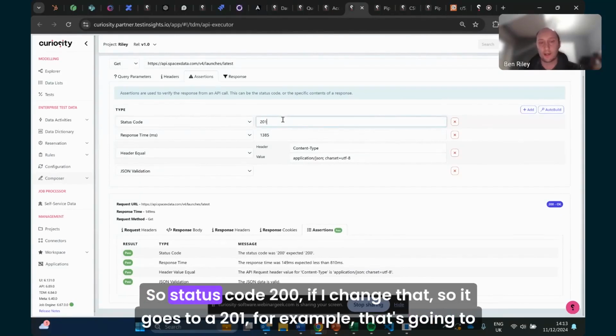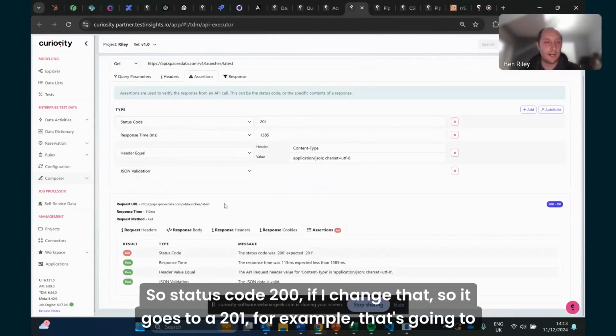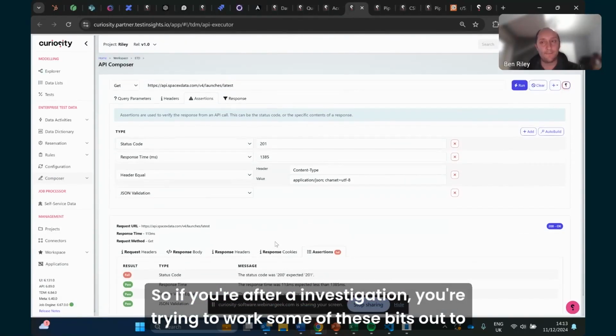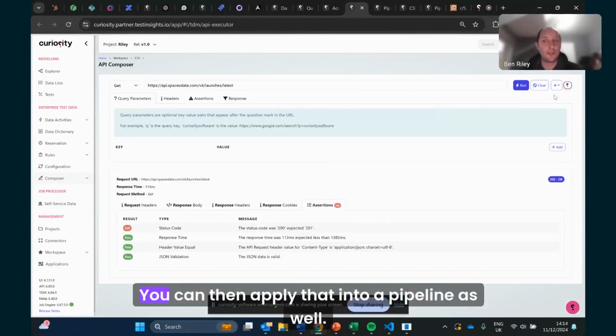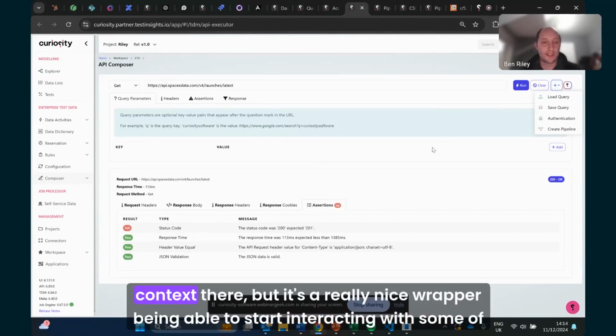So with status code 200, if I change that to a 201, for example, it's going to pick out some of those details. If you're after a particular investigation, and you're trying to work some of these bits out to start with, it's a really nice start. You can then apply that into a pipeline as well. I'm going to let George talk about the pipelines as I think there's a body of context there, but it's a really nice wrapper for starting to interact with some of these elements.